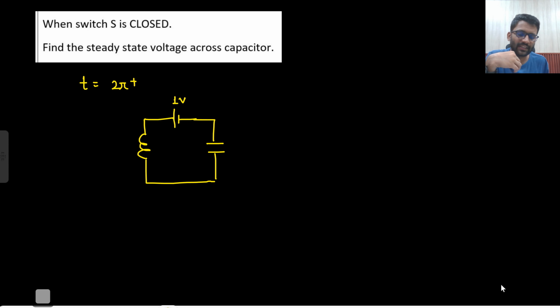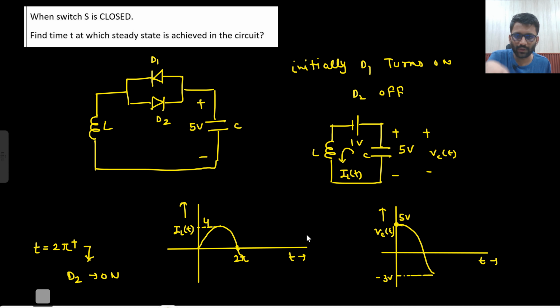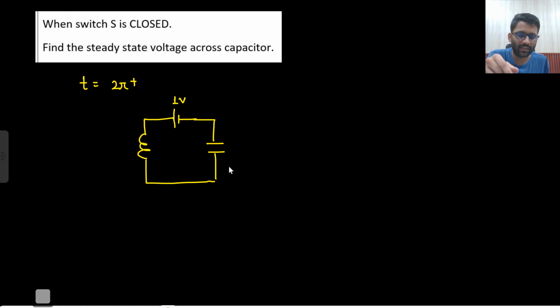And the capacitor was charged for 3 volt, right? Minus 3, that means in this direction it was charged for 3 volt. Now in which direction would current flow? In this direction only. Say yes or no. In this direction, because 3 volt will give the charge in this direction. And what is the current in the inductor? It is 0 ampere only.